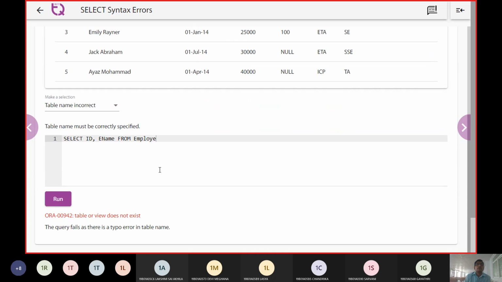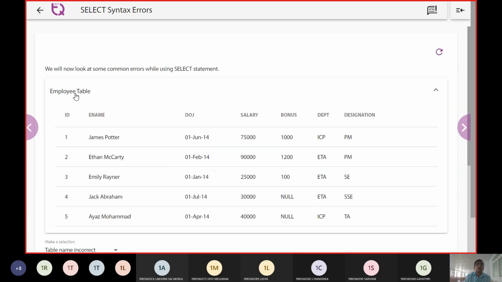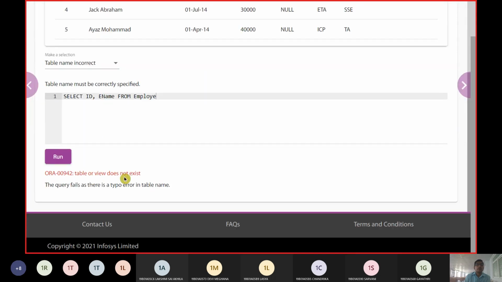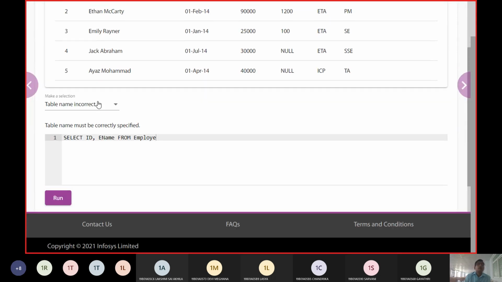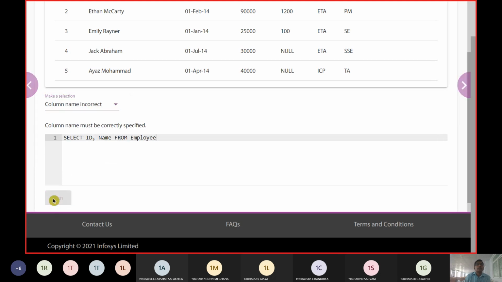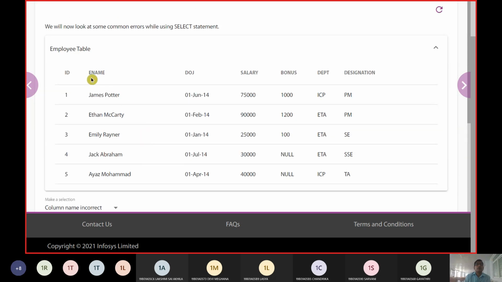You can see we have the employee table, and if we give only employee, it says table or view does not exist. Another example: select ID and name from employee, but the column is ename.